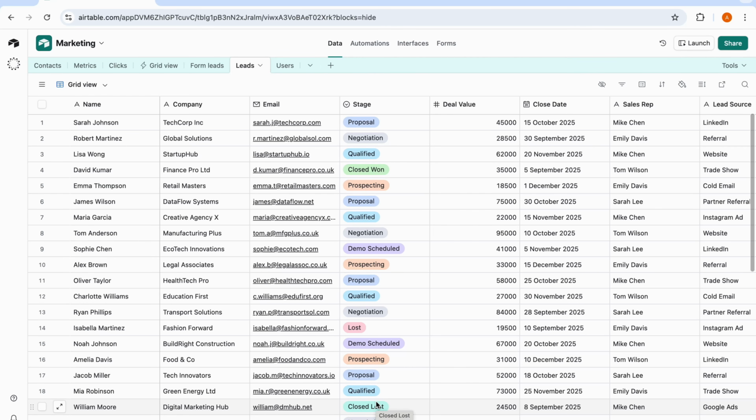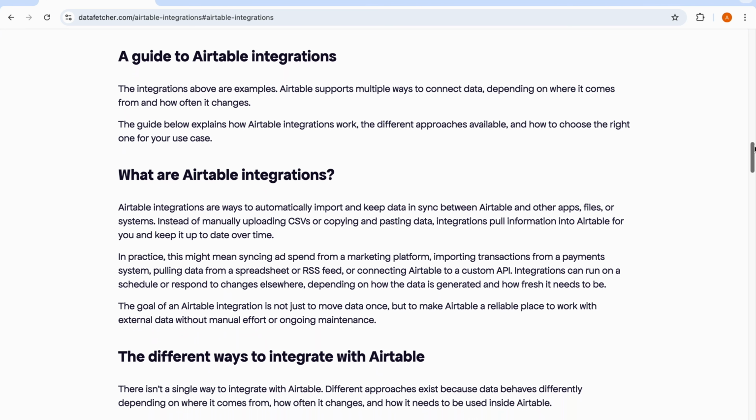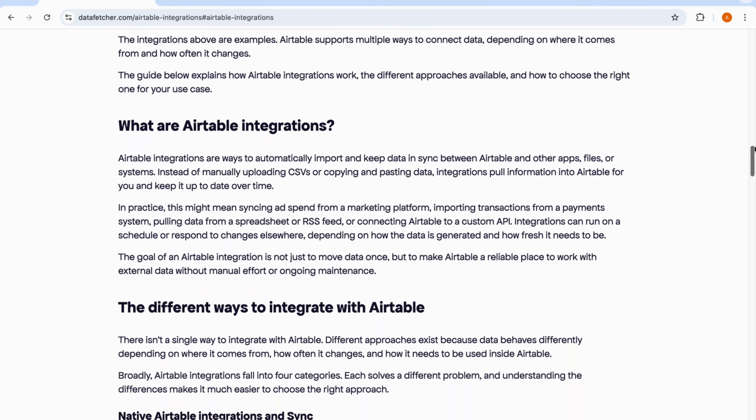The key is to start with the simplest approach that fits your data, and only move to more complex setups when you need to. If you want a deeper breakdown of Airtable integrations, including examples, tools, and